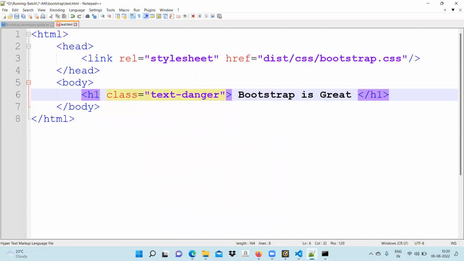Bootstrap is great. Great, right? Spelling great. Bootstrap is great, text-danger. Save the file. Run this page. If Bootstrap is great is coming in red color, then everything is fine. You are on the track. It should come in red color. If it is coming in the red color, then